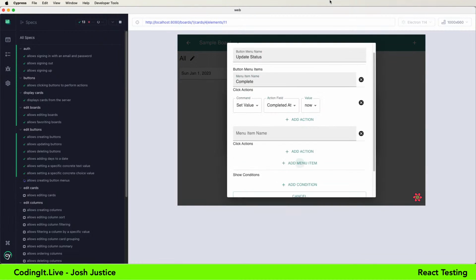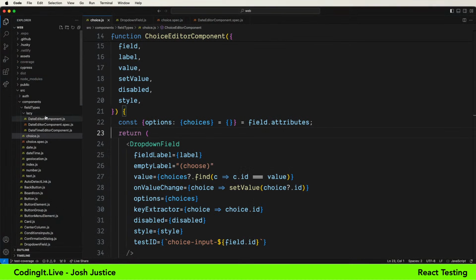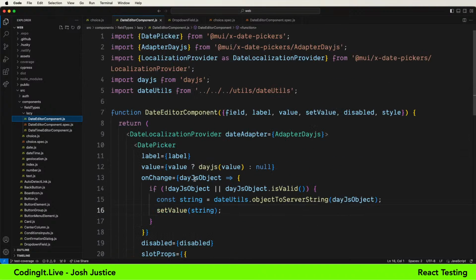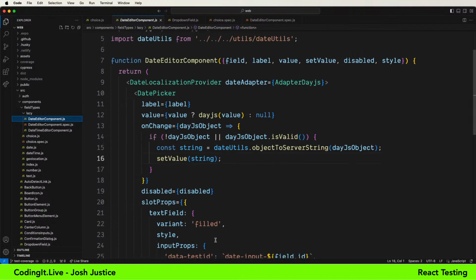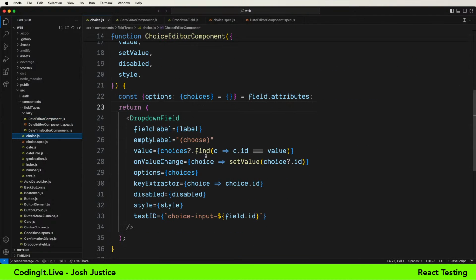I'd like to be able to extract vanilla JavaScript out of React, so let's take a look at the code. So far, this is pretty simple. There are some trivial functions being passed in, but maybe this onChange has a condition. Maybe it would make sense to pull that out, but the usage of that is so coupled to this component, and the testing of it was straightforward enough that I think it's not needed to be pulled out. And in the choice, again, just very trivial JavaScript here. So I can't really see anything in these components that I would pull out to vanilla JavaScript.